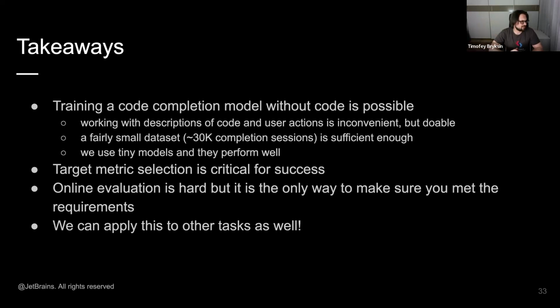I guess the target metric selection is critical. If you are aiming for a winner-takes-all strategy, don't use MSE, use something else. And the third thing is that only online evaluation can actually prove that you are succeeding in bringing value to end users, because, again, a lot of academic papers calculate F-score metrics or something like this on their data set, and they conclude that they now help users better.